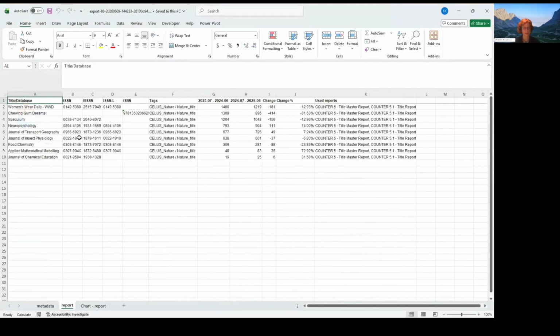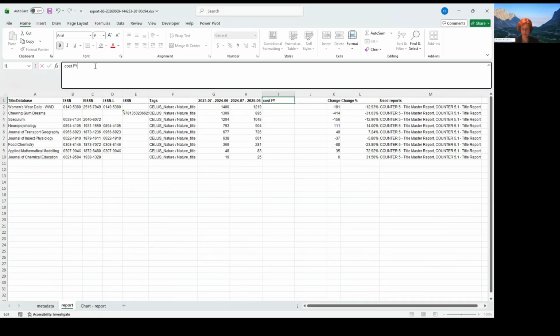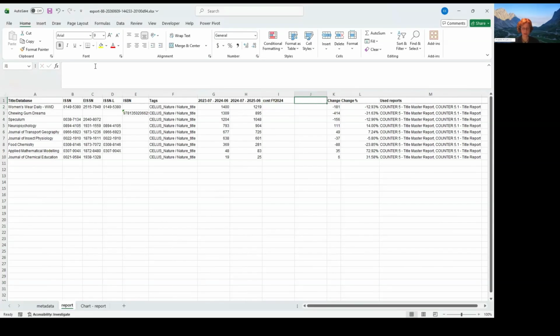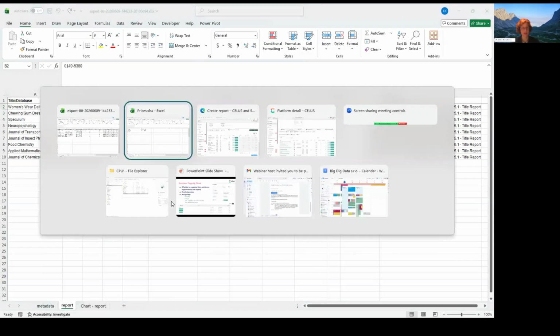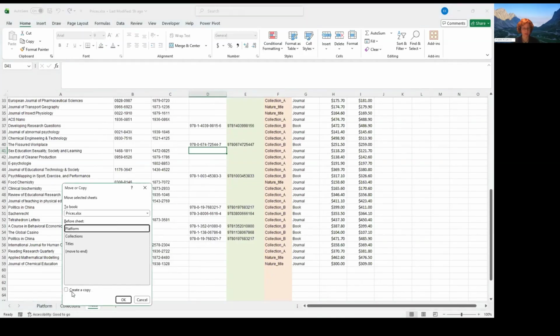And now it's a bit tricky how to get the costs for the individual titles. I could do it manually one by one, finding the titles in the price list. But I would like to do it automatically. So I will copy this sheet into the report